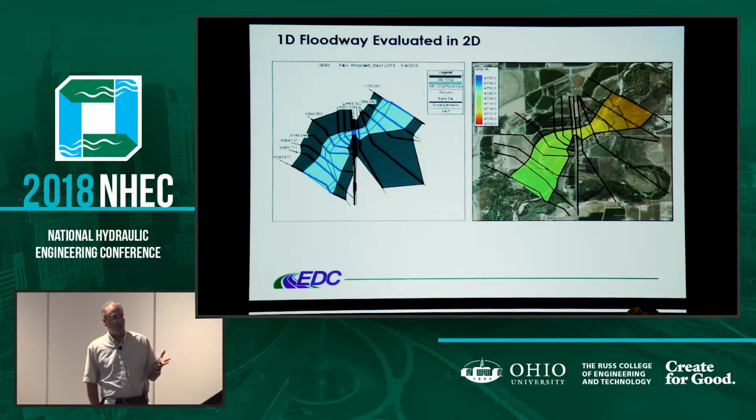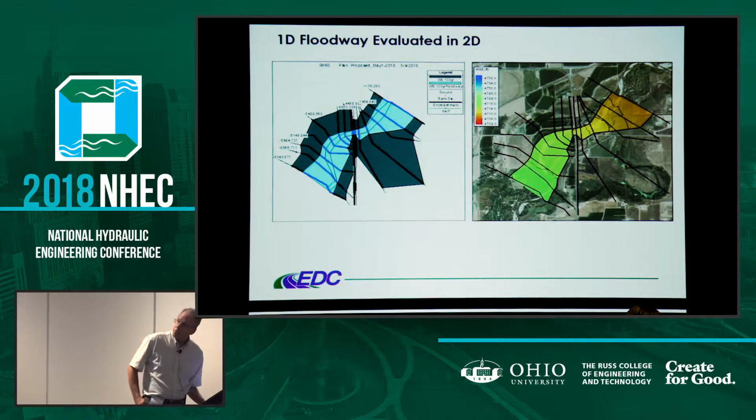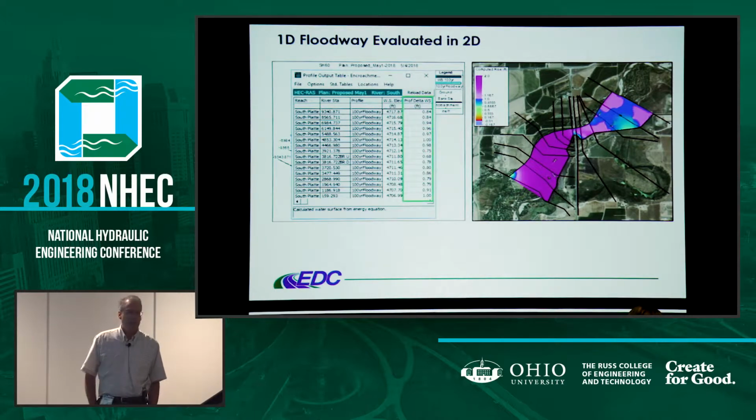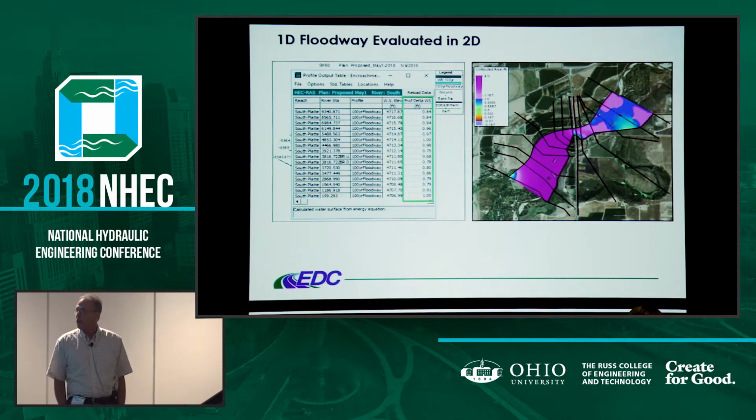Now, just as a side note, when we're saying how strictly should we judge this 2D model, we said, well, what happens if we compare this to the 1D floodway that RAS computed for us? Well, here's the 1D floodway. And we did the exact same thing, used that as a map and masked out the area. On the left side, you see the 1D results from RAS telling us that we'd expect between a 0.84 and a 1 foot rise on those cross sections. The right side shows the 2D model results, that the water level increase is really more like 1.5 to 2 feet everywhere in the floodway of the 1D model,